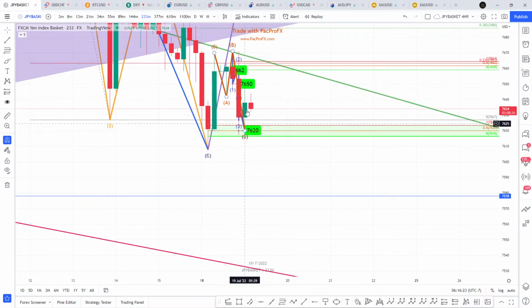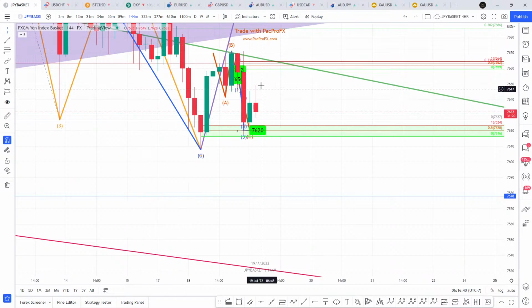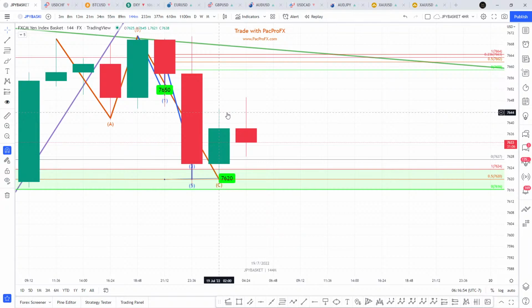Now, this structure still can actually push down. It's not totally out of the woods yet, but it looks promising so far. So let's go down to the 144-minute time frame. The fact that this pulled up a little higher on a wick is a good indication, because if this wick here was a little lower than this wick, then I would have said that there was more selling pressure to go down. But this looks like it's going to start popping up,